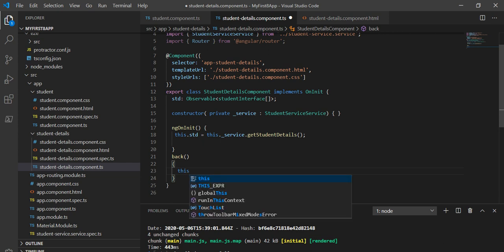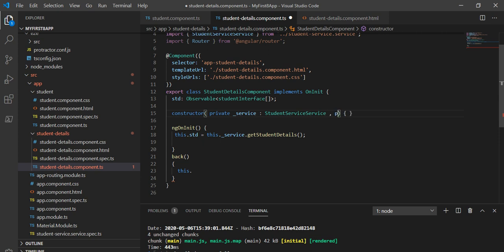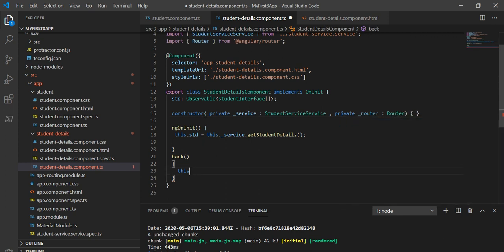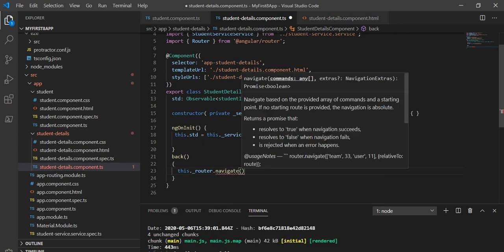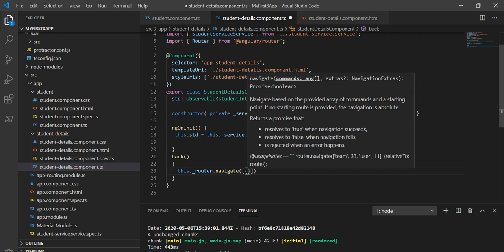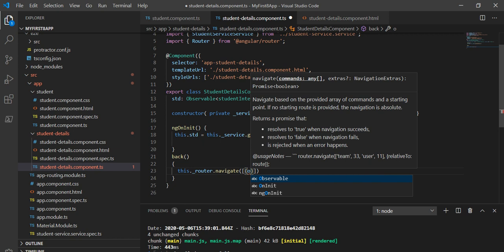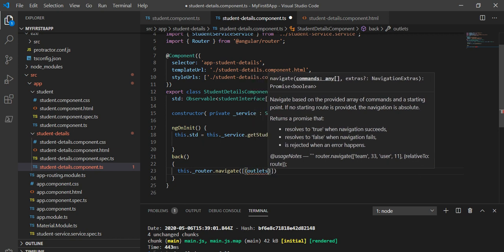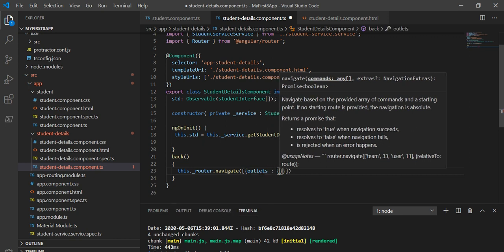So what I'm going to take, this dot, based on the routing we are going to take. So let's take one variable here first, private router: Router, and here this.router.navigate, and inside this I am going to take outlets, and colon, and inside this std list.